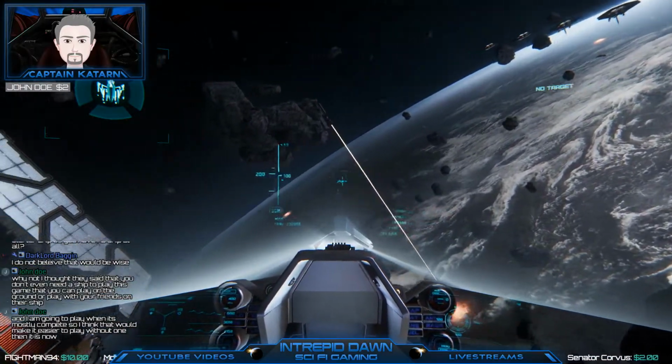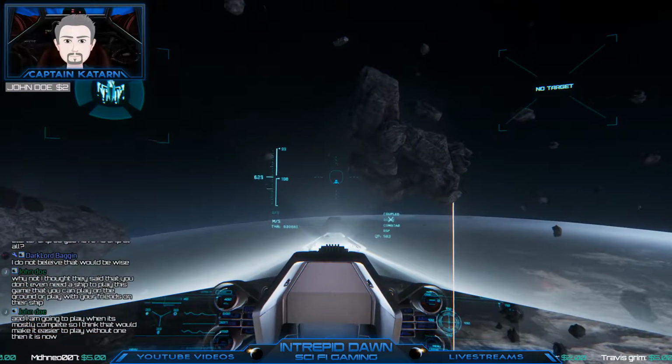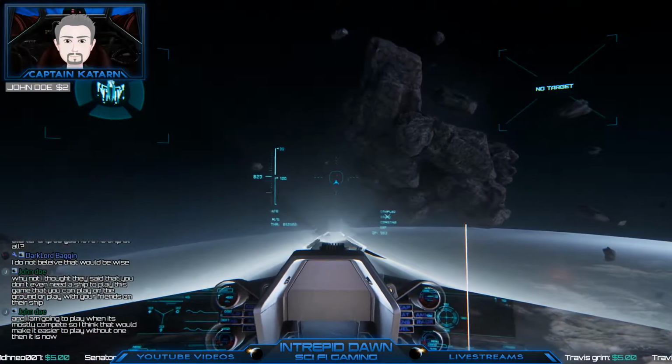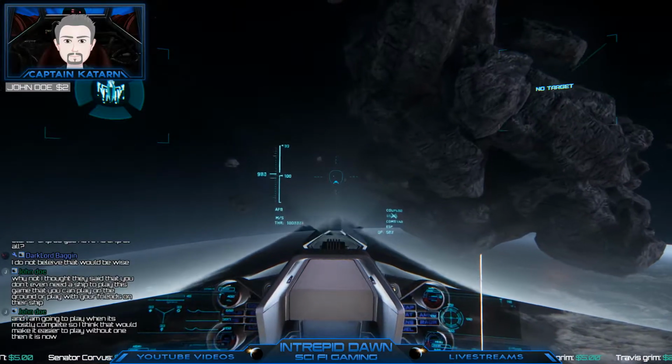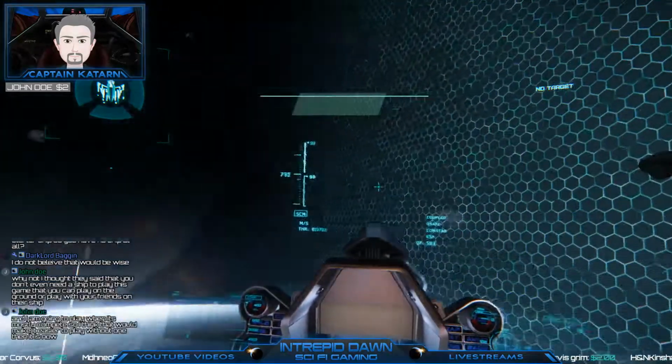So we can go max speed. Let's see what that is. We're gonna use our afterburner. Straight line here. You can see this has pretty good flight characteristics. We're almost up to max speed. That's very quick. Proximity alert. Front. Ah, okay, we're gonna